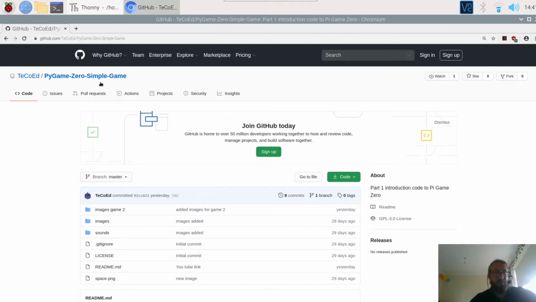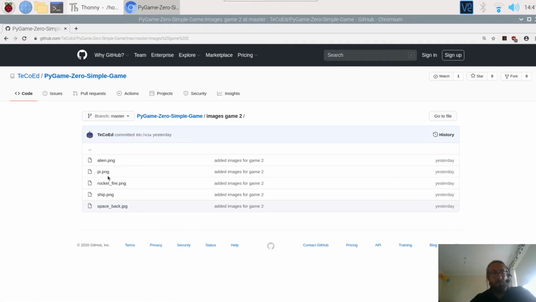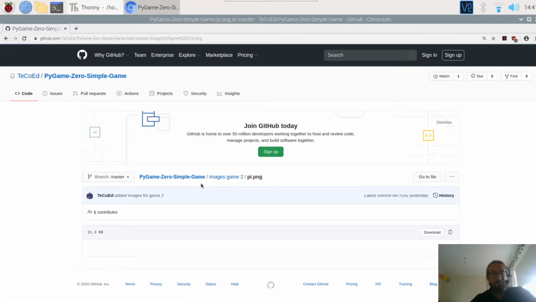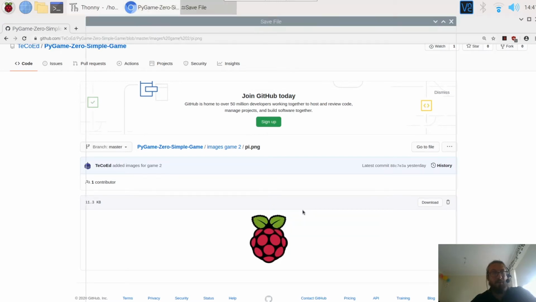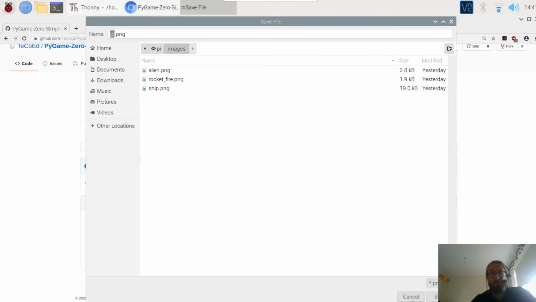So the first thing we're going to need to do is go back to the GitHub page, go into the images for the game 2, and download the PyPNG. This is going to be what the alien changes into when it has been hit. Okay, so we're going to press save,